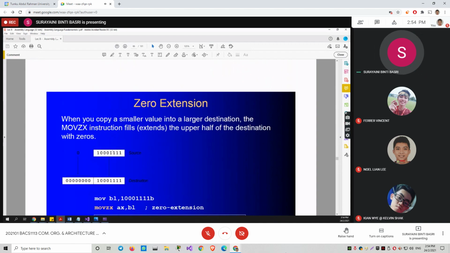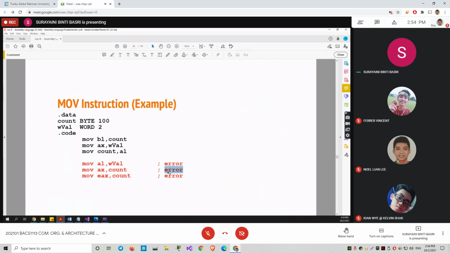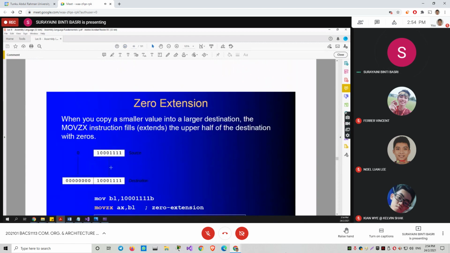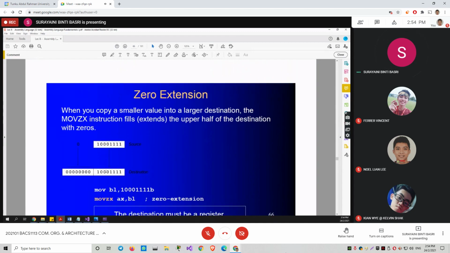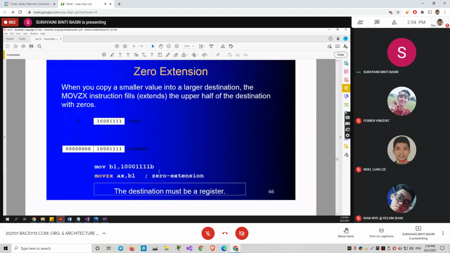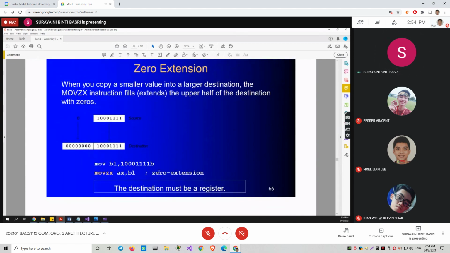So you need to use MOVZX to avoid the error like this, because by using MOVZX, it will extend or fill the remaining empty bits with zero. So it will make this from this one to this. Okay. So yeah, we need to use MOVZX